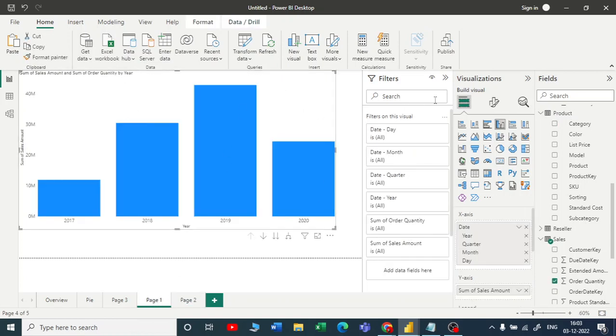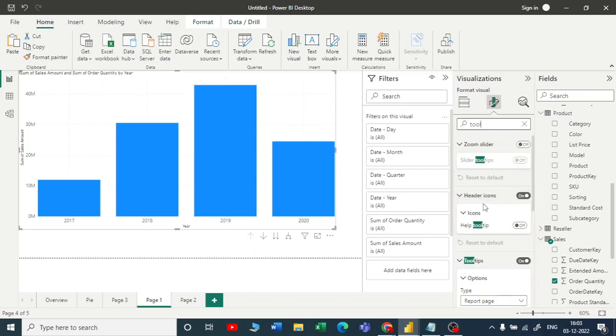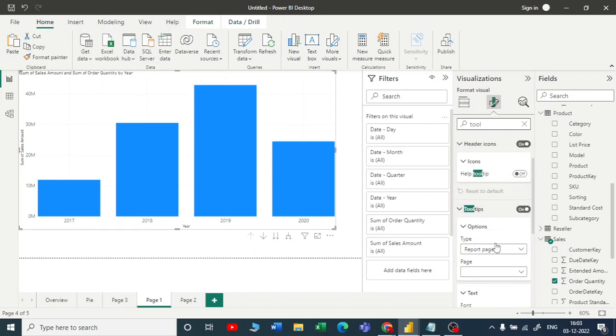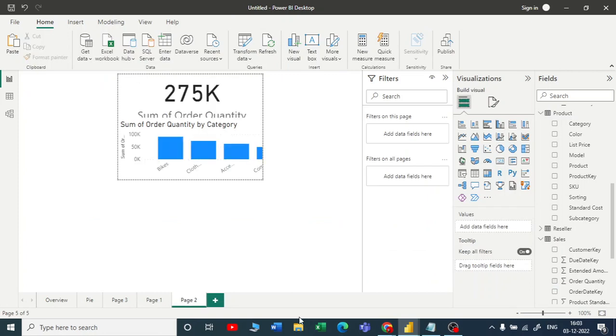click on this visual, go to format your visuals, and here you just type for tooltip, and inside the tooltip here you have an option called page. So our page on the tooltip is page 2, or you can rename this to tooltip,